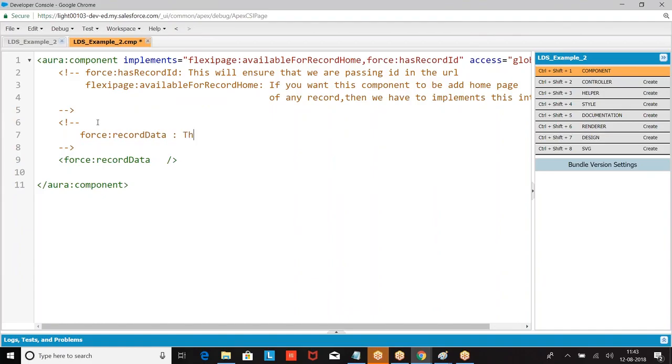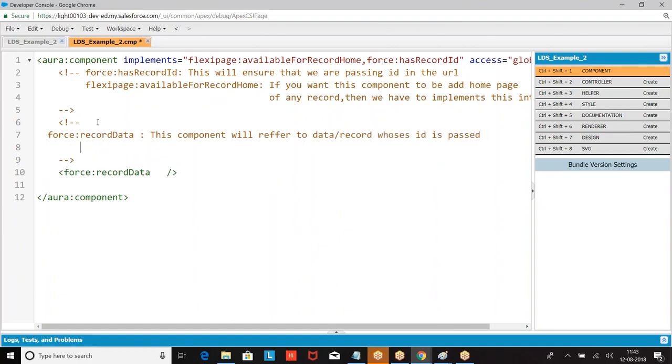This component will refer to the data whose ID is passed.